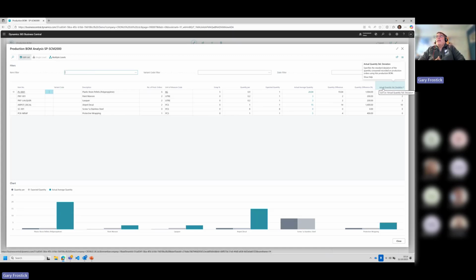Now, what having standard deviation gives us is it shows us how frequently that is wrong. So if we have a very, very low standard deviation, it tells us that virtually all production orders that we are doing, it's roughly the same difference from what we expect. So that would indicate to us that actually our production BOM is wrong. We're consistently using more or less of a component than we actually state in our production BOM, and maybe we should be amending our production BOM to better represent what is actually happening, so we've got more accurate costing, more